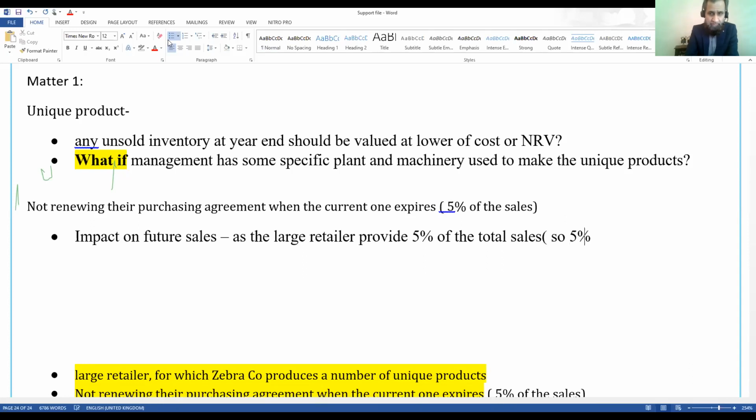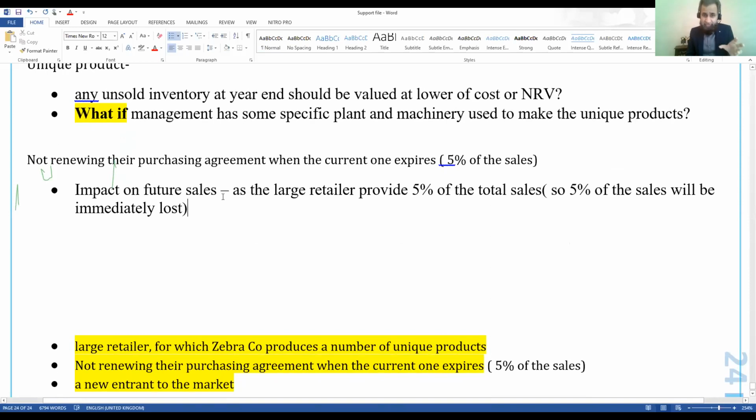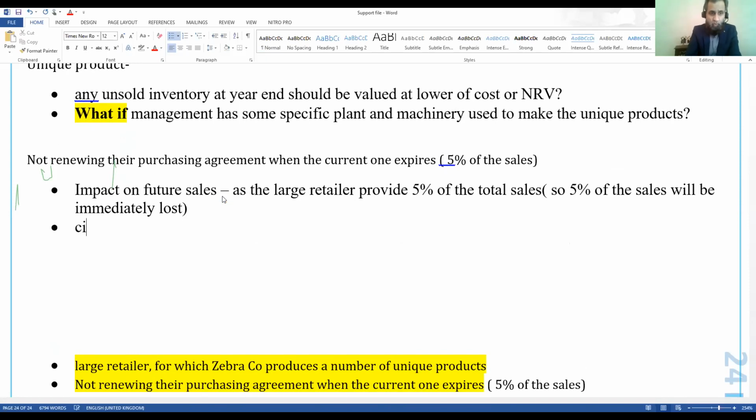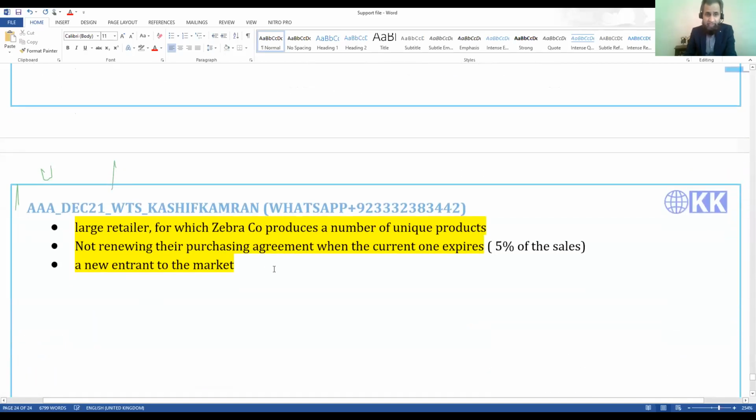So 5% of the sales will be immediately lost, right? And this will impact your operating profits. Impact on the future sales if they're not renewing their purchasing agreement. Immediate impact is 5%. So impact on the future sales that the retailer provides 5% of the sales, and the impact on the profit, and the correlated impact